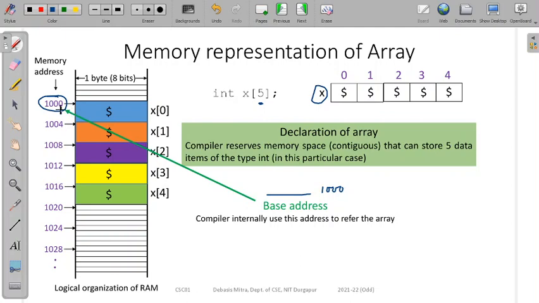because it is already given by the data type that you have to store 4 into 5, 20 contiguous bytes, and after each 4 bytes there will be a new member. So base address means 1000 will be the address of the first element, or 0th element. Now from this 1000 it can also easily compute the address of the second member